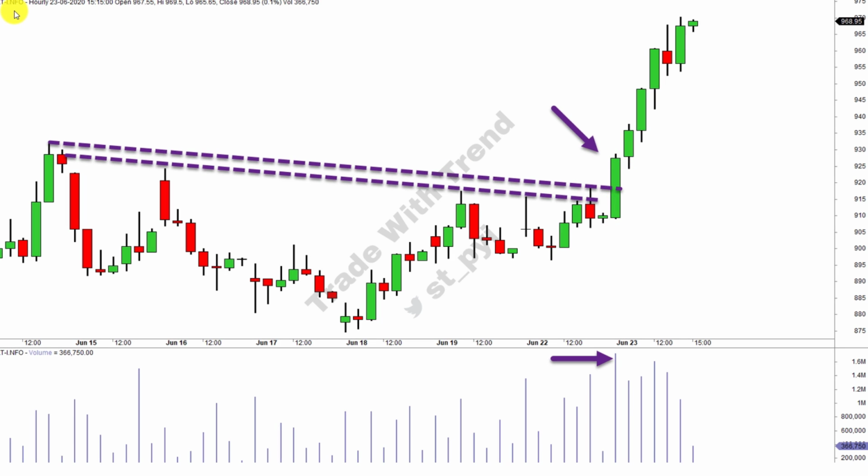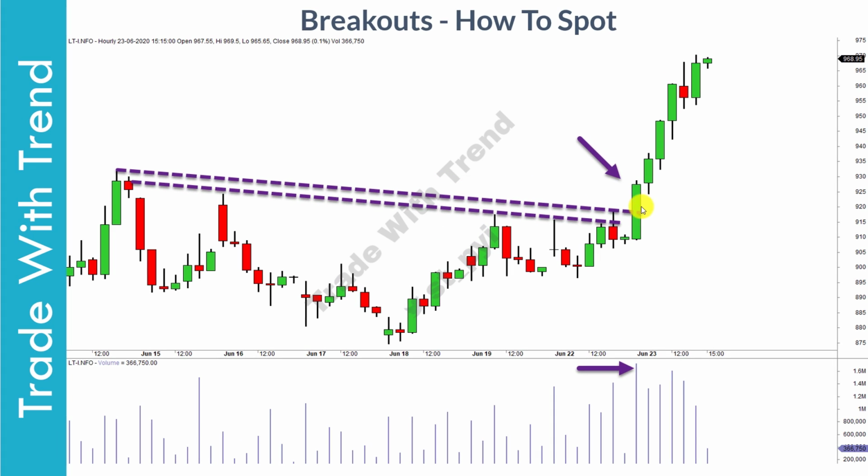This is Larsen & Toubro, again on a 60-minute time frame chart. So look at the breakout above this resistance region here. This is a downward sloping trend line. Look at the width of the candle, how it is closing. Closing is clearly strong. And then take a look at volume here. When you conduct a relative volume analysis, volume is clearly higher than what you've seen in recent times. So these are the breakout structures that you need to focus upon.